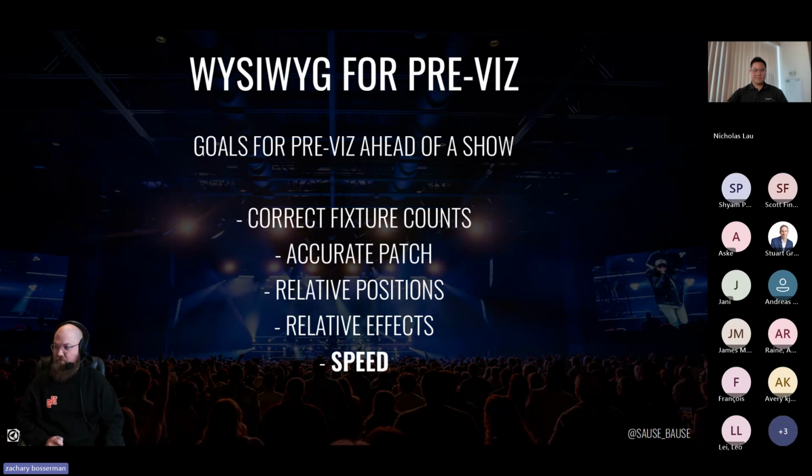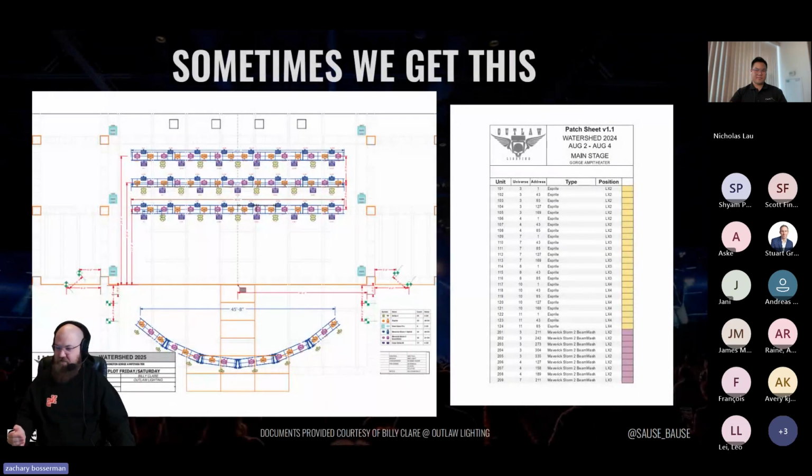Relative positions and relative effects. Those are 2 very different things from knowing exactly where things are. We don't know where things are in reality. Even if we ended up with Billy Clare's plot that looks exactly like this and looks absolutely beautiful,